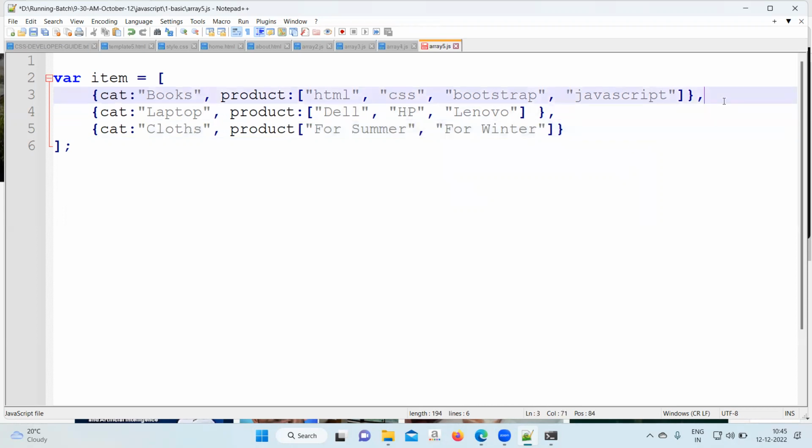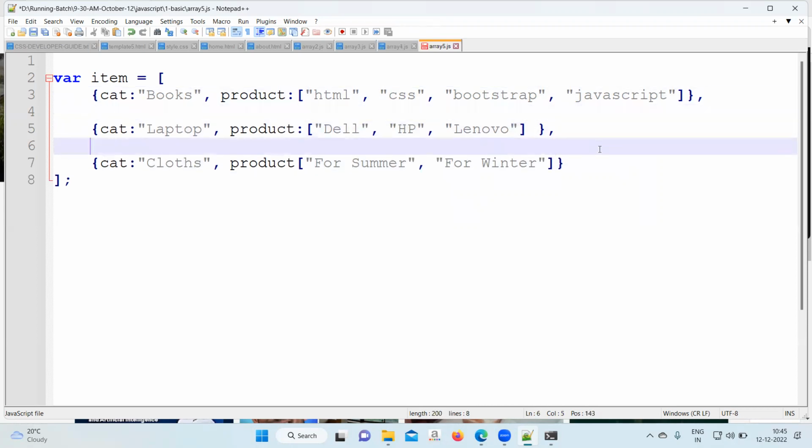Let's add this many, 3 arrays. Then we'll see